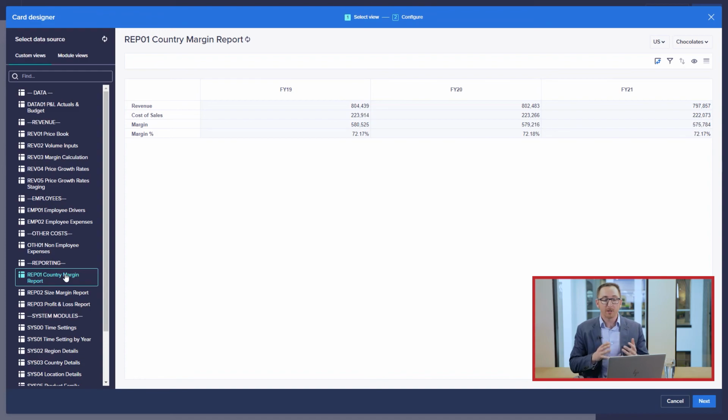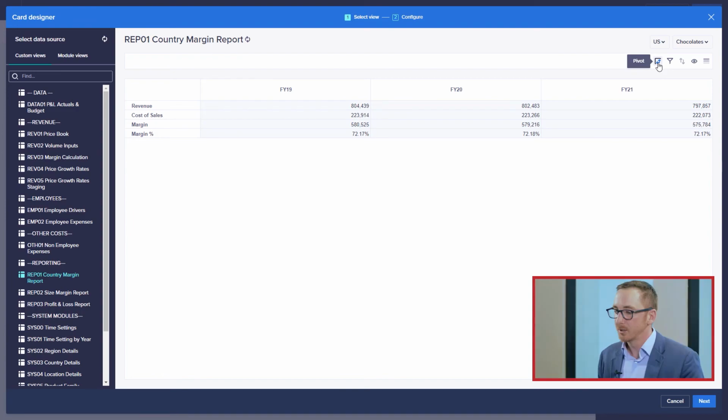Now, what we're going to do is set up this view for the chart that we want to have. In this case, we're going to be using a pie chart. So you might remember that we have a pivot icon in our classic. We also have the pivot icon here as well. And what we want to do is set up our dimensions so that we can get it ready to actually publish our chart. So once you've located your pivot,